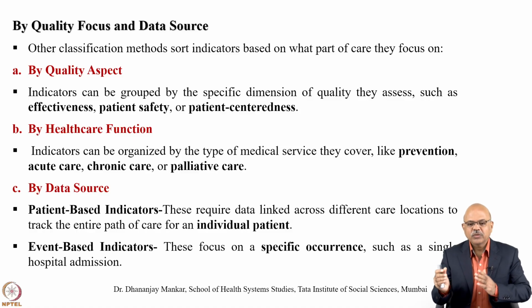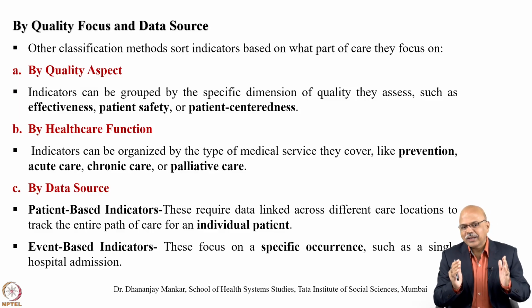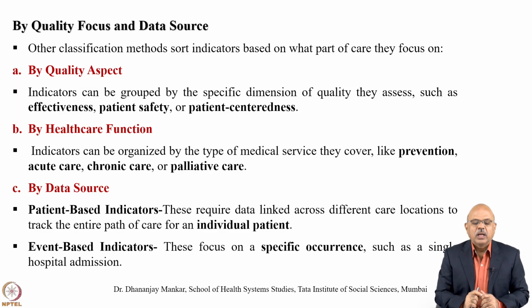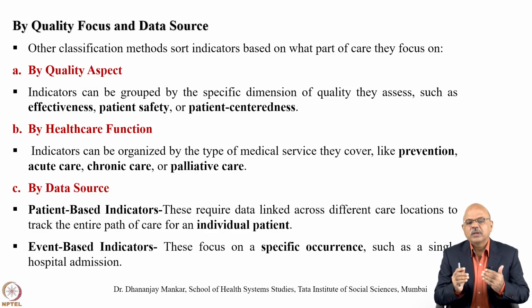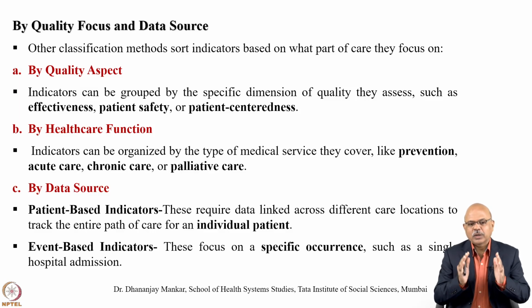On the basis of how the healthcare function works, you may find these indicators have been developed. Indicators can be organized by the type of medical service they cover, like prevention, acute care, chronic care or palliative care. You may not use palliative care interchangeably with chronic care, but chronic care to an extent may be seen as the end of life care or debilitated patients, like cancer, AIDS and so on, which may be counted in palliative care, where you can even see such patients in the hospice also. So the preventive part, the acute part, the chronic part and the palliative part can be seen in the healthcare